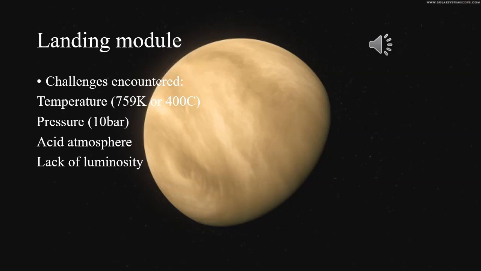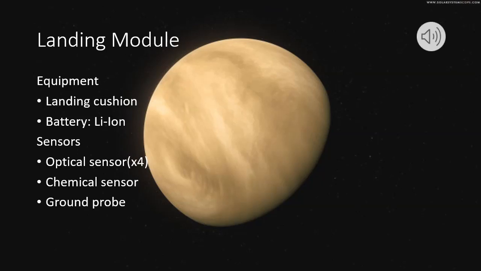And another problem is the high temperature. At 400 degrees Celsius, it is going to melt many alloys that are not made out of steel. As such, we can further expect a decrease in the lifetime. The pressure of 10 bars is also going to be a problem, and we also need to factor in the acid atmosphere. We have to be really careful with the choice of the equipment that will be embedded on the landing module. We'll need an adapted landing cushion in order to have a good damping of the shock within